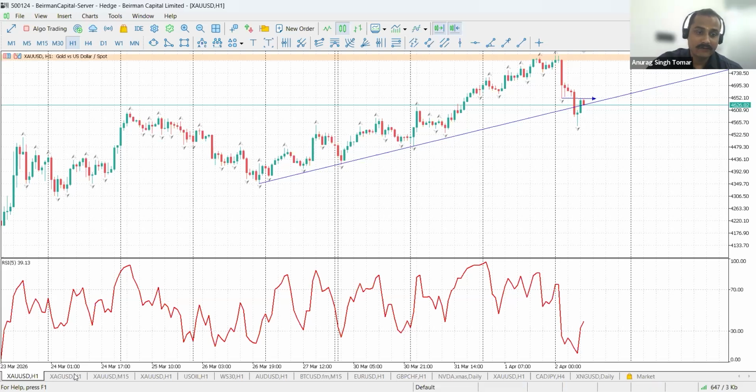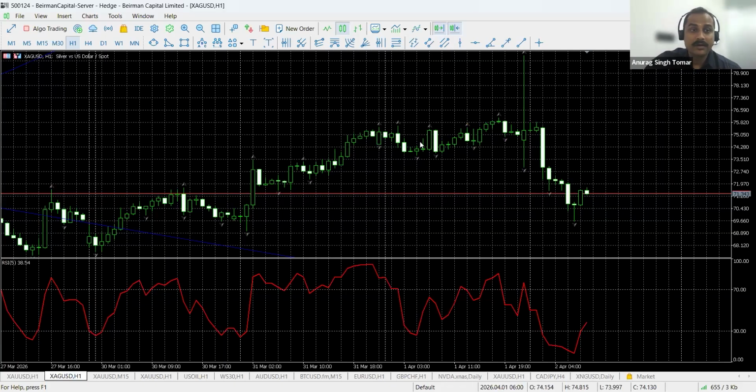Now let's take a second confirmation from silver, because whatever gold is doing, we've been expecting the same kind of behavior from silver also. Now this is silver on the black background chart. See over here we have seen a very big candle. This is kind of weird as compared to gold, because we haven't seen such a pattern over here. So right now silver is reacting very fast as compared to gold. So a very good exhaustion. Prices came down, again they have tried to go up.